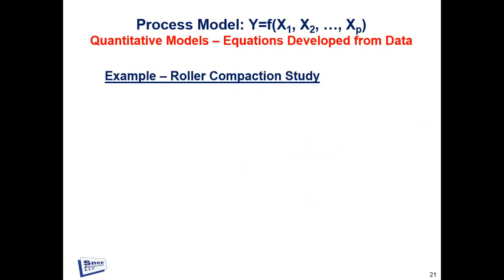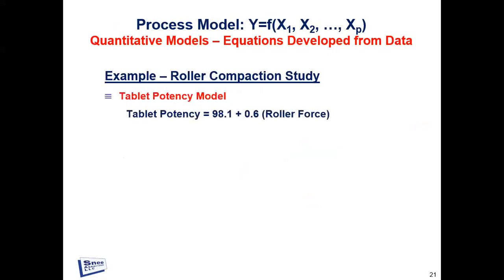This is a roller compaction study where they're producing pharmaceutical tablets. The model, you can see, the tablet potency is 98 plus 6/10 of roller force. Roller force is a part of the process that's producing the tablet. So we have a very simple equation, where y, tablet potency, is a function of just one x, roller